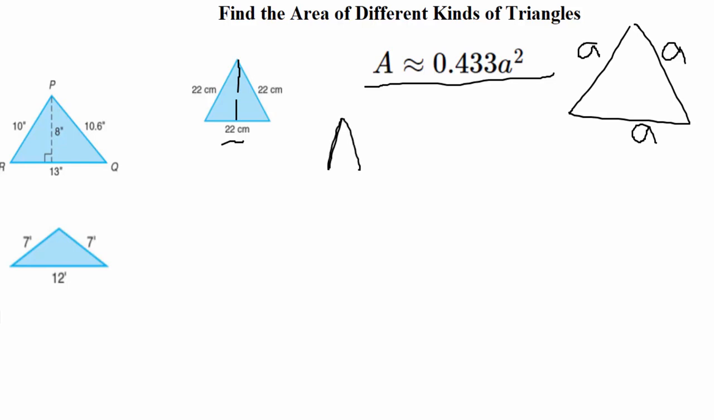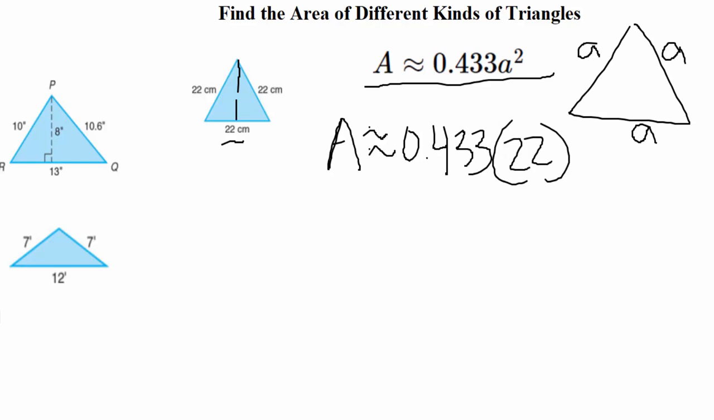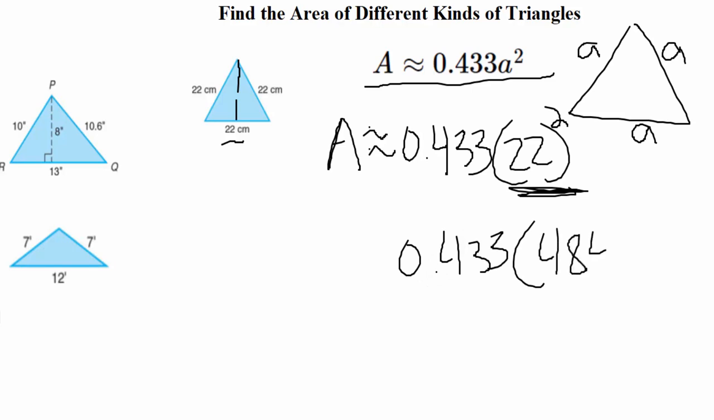So for this example here, this would be area is equal to 0.433, and our side is a 22, so that would be 22 squared. Again, following order of operations here, we do take care of exponents before we multiply. So we want to go ahead and do 22 squared. 22 times 22 is 484. And the only other thing we would have to do is multiply it by that 0.433. And when we plug that into the calculator, I'm getting a